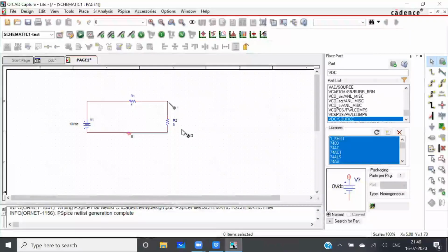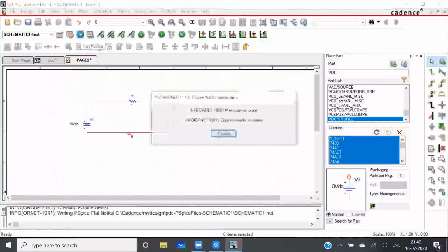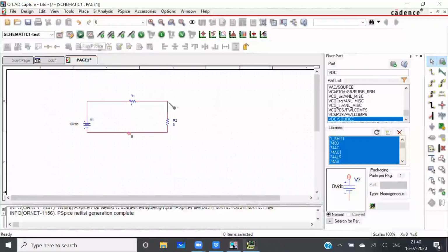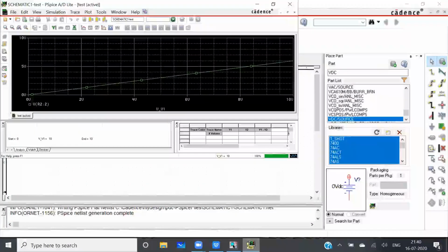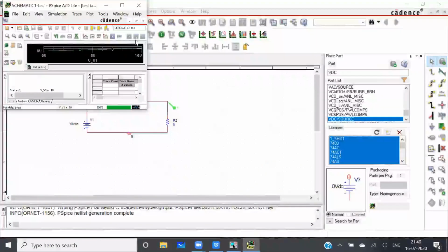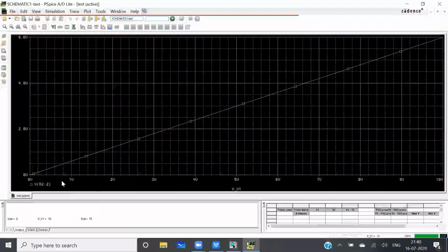I want to observe only that voltage, I don't need any other probe, so I'll press escape. Now I will select this run PSpice. My simulation is going on, another window is open. Now check this, in this x-axis, my input voltage is varied from 0 to 10 volt. In the y-axis, this output voltage is there.